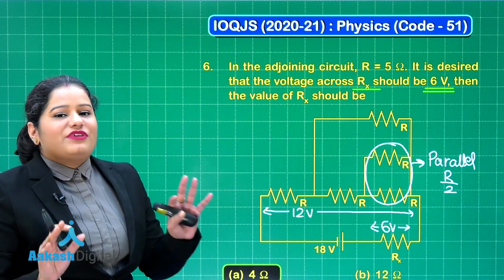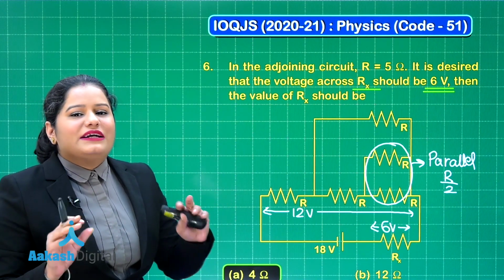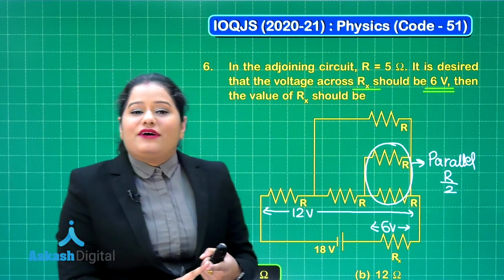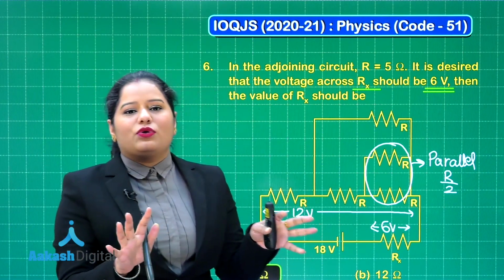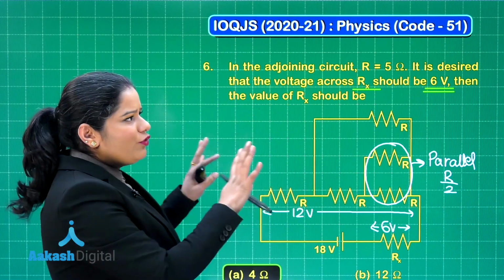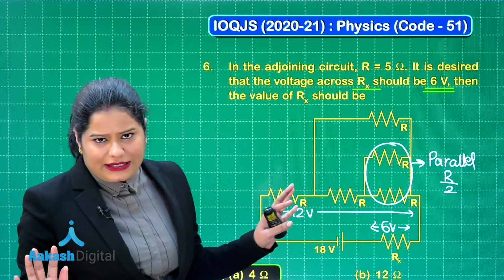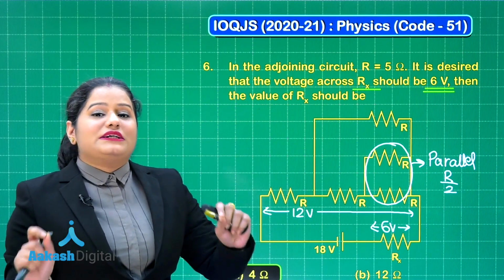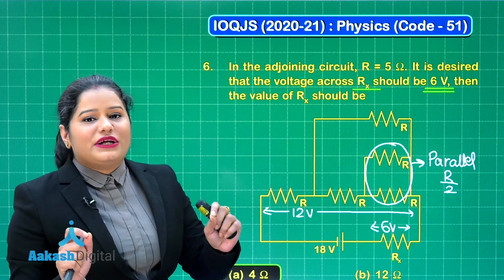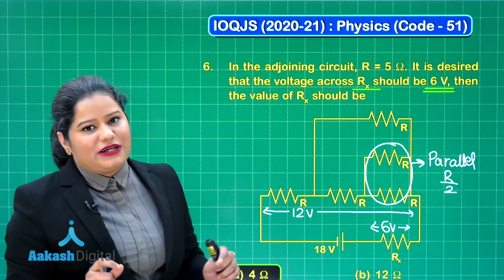So with this we have come to an end of our discussion of part A1 of the paper. In part A1, as I have told you in the beginning, the questions were only single choice questions. Okay, so out of all the 4 options, only one option was correct. Let's move on to the discussion of part A2 of the paper, which included more than one option correct questions.